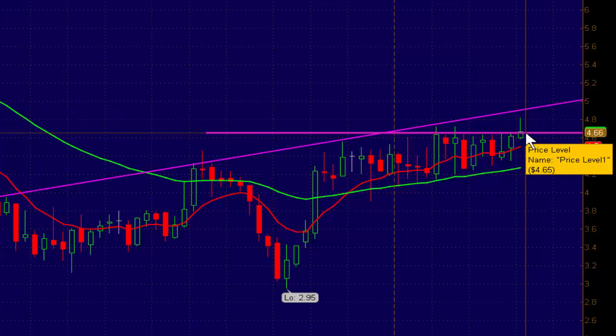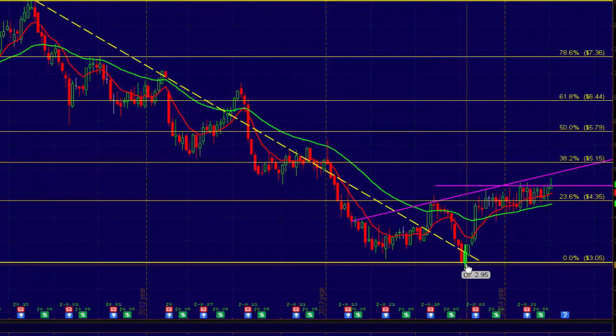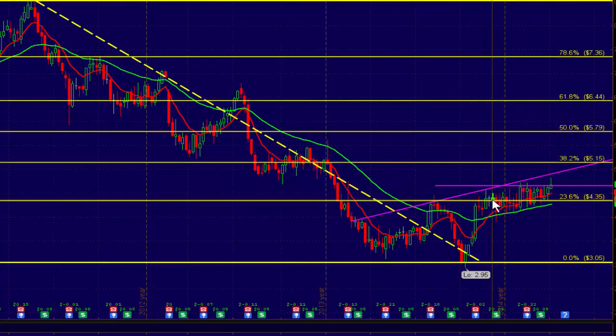Potential. Let's take a look at where a potential move could go. So this is a more crunched up view of that weekly chart, and I simply drew Fibonacci retracements from the high around $8.57, which was in May of 2012, and this low here, which was around October of 2014 at $3, and that's what we've broken out of, and that's what we have, this congesting, consolidating area